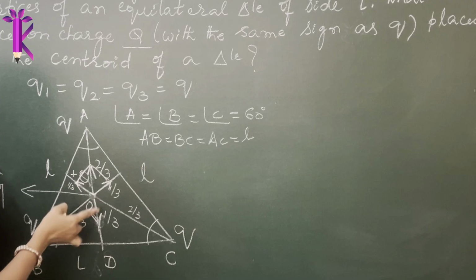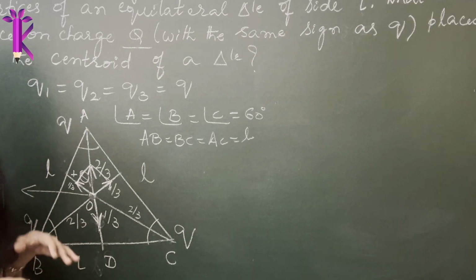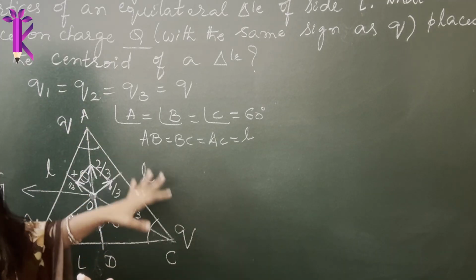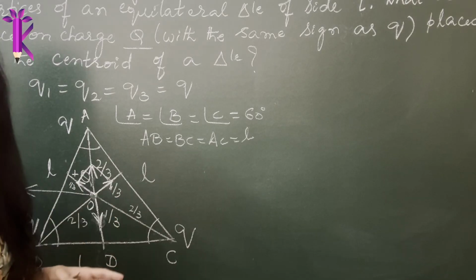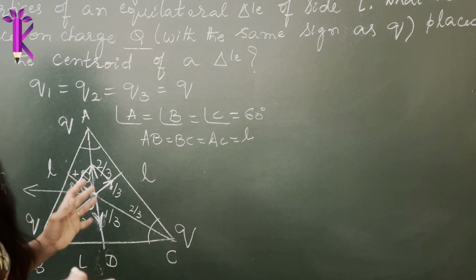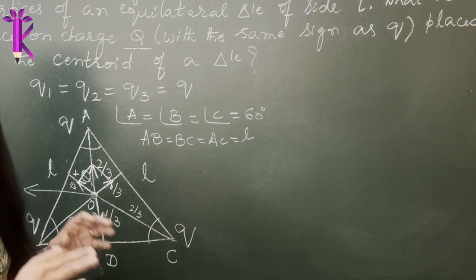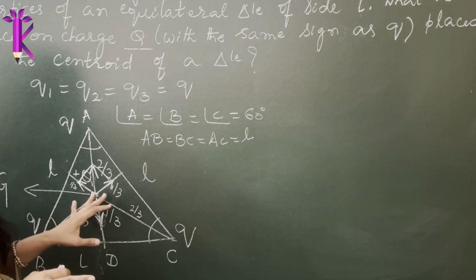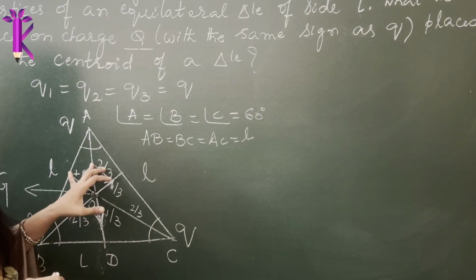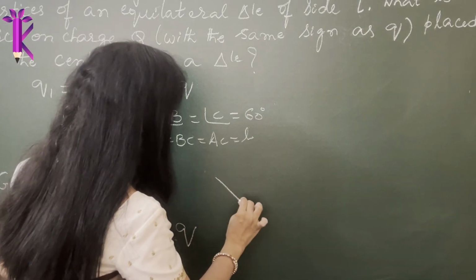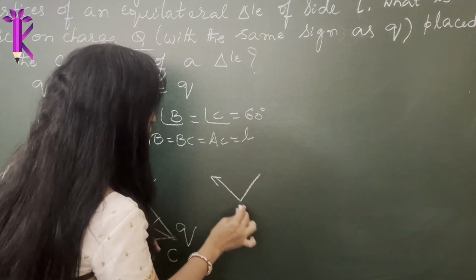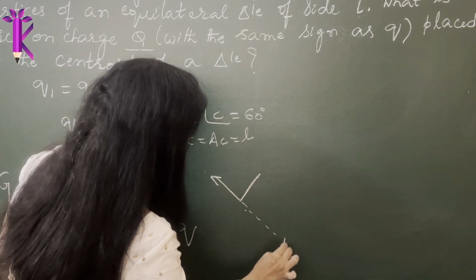So since they are equal and opposite, in fact the net force acting on the charge O due to the system of charges on an equilateral triangle is 0. So the net force on the system as such is 0. It would not move away from its mate. It will not tend to move in this direction or in this direction, because these two forces, this is the repulsion it is experiencing due to the charge B.